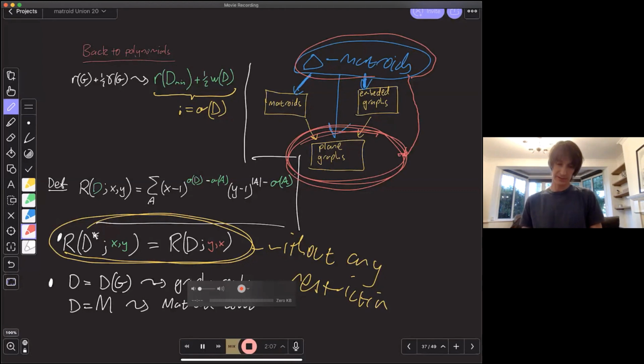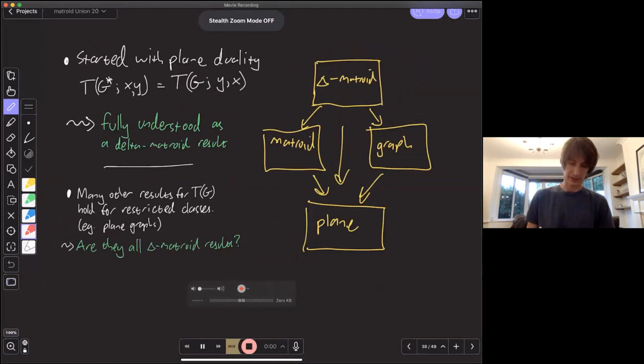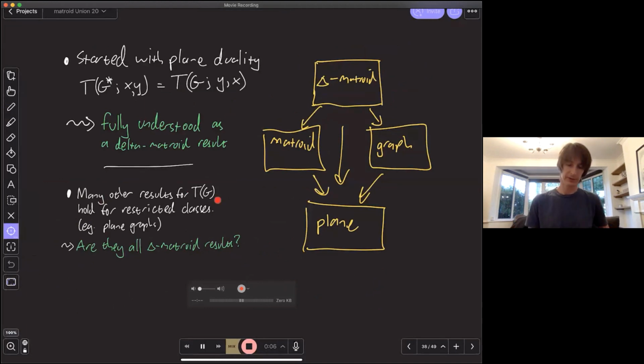So we can take this philosophy and think about it as a general property for the Tutte polynomial. And for all of these wonderful results that hold for various restricted classes, so plane graphs and so on, we can start asking whether these are all delta-matroid results.